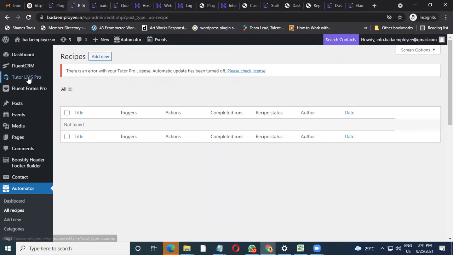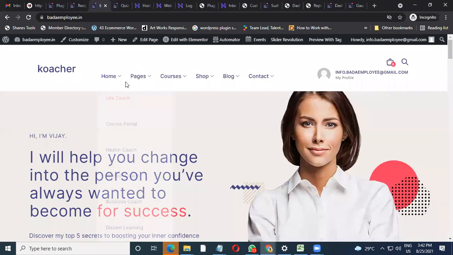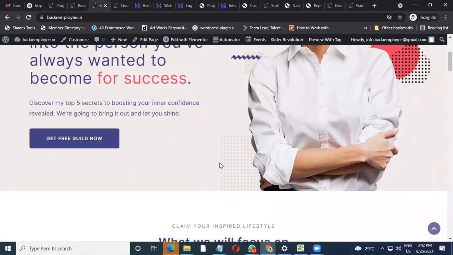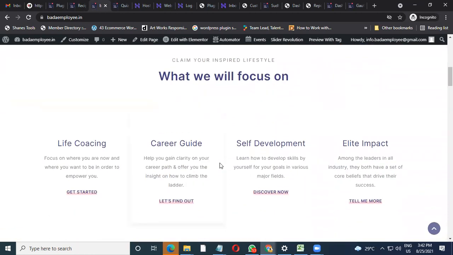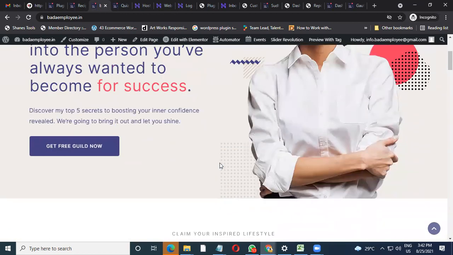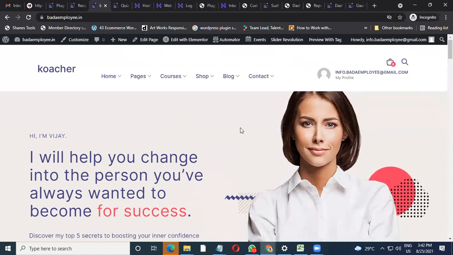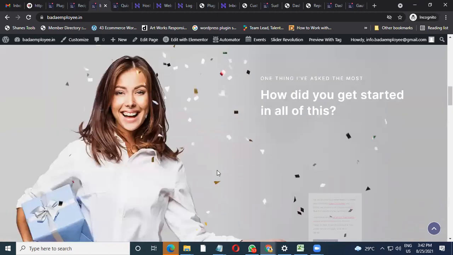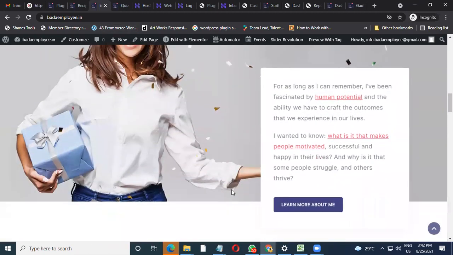If you see this, now this is a pro one, but it will still say please check license and all. Just ignore it. Don't worry on this part. We are not playing around in the admin area. Where we need to play around is on the front end and adding the courses, and everything works pretty seamlessly. Okay. So work on these areas, add your courses, add your branding, make sure your site looks like your own. Once it is done, start working on your landing page, create the landing page.